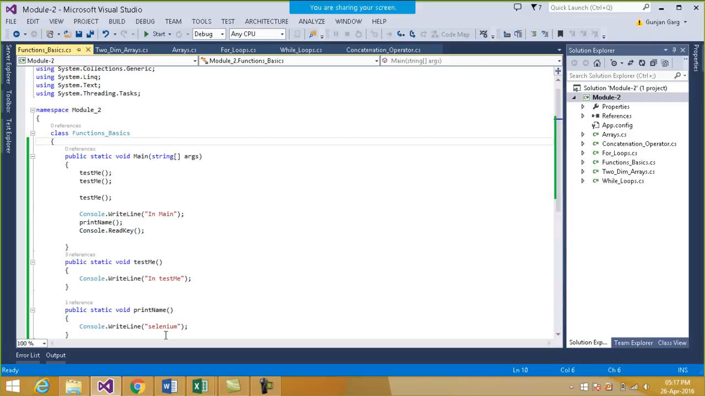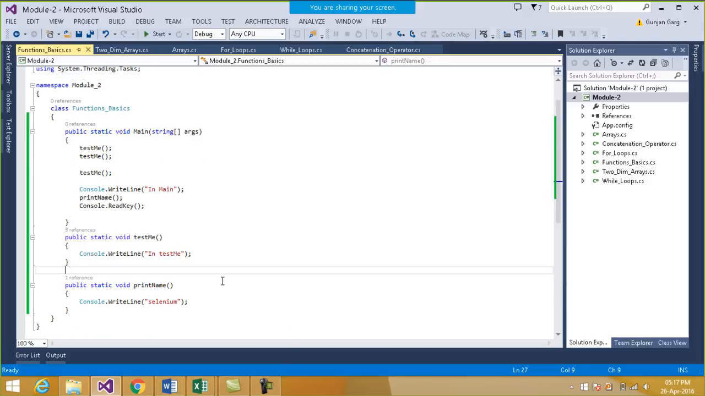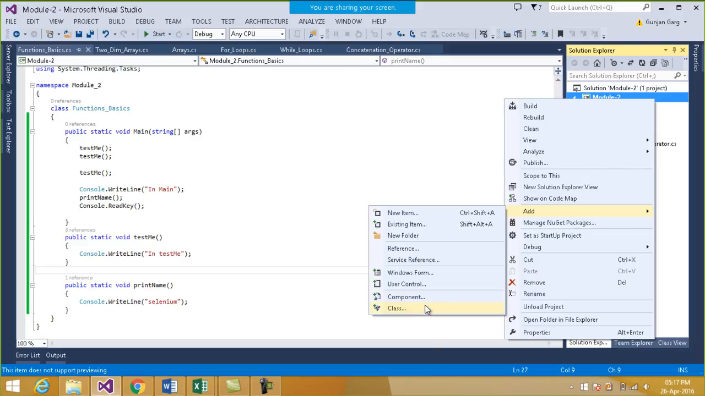Okay, so I'm just giving you an example of how we do it practically. We'll see when we will be working with Selenium. I'm just giving you a hypothetical example right now. Okay, so secondly, you can pass any values inside the function as well. For example, I'll create a new class,